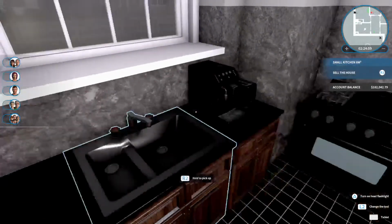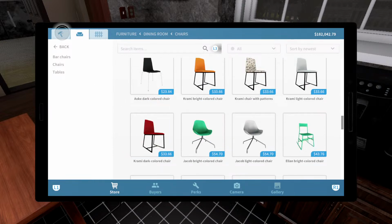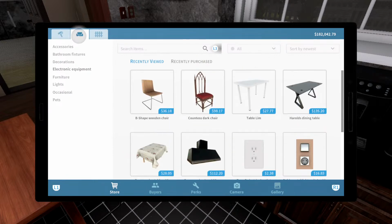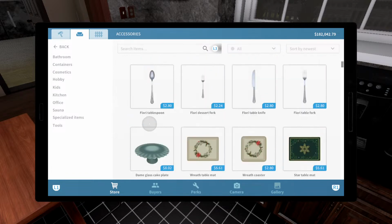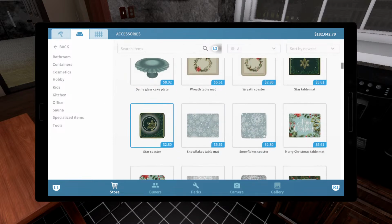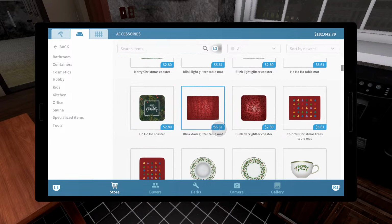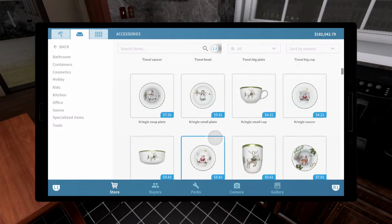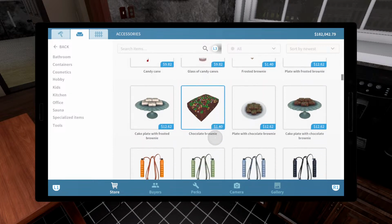Anywho, Mr. Magoo, I'm looking for that stupid dish rack still. It's gotta be in furniture. Accessories, I think it might be under. It's gotta be under accessories. I'm like 90% sure. These are placemats. No, those are coasters. These are table mats, but we won't get too fancy with the table mats and everything. But what we will do is...